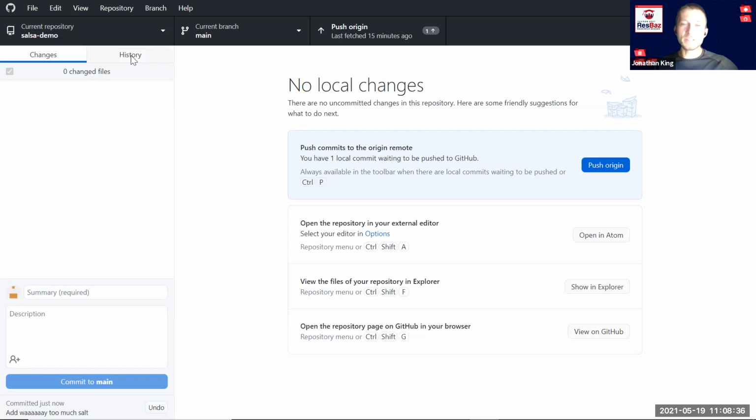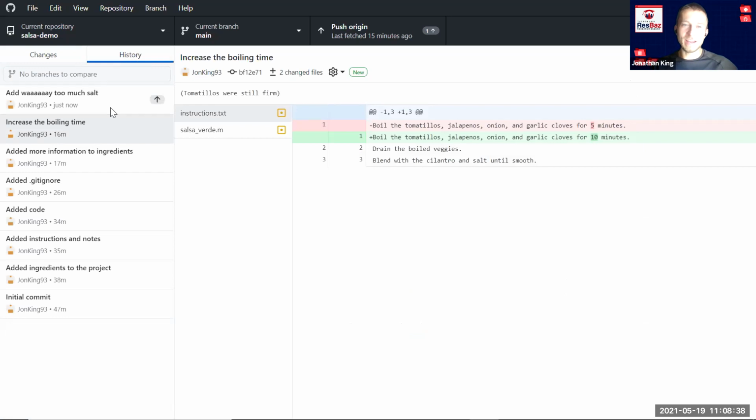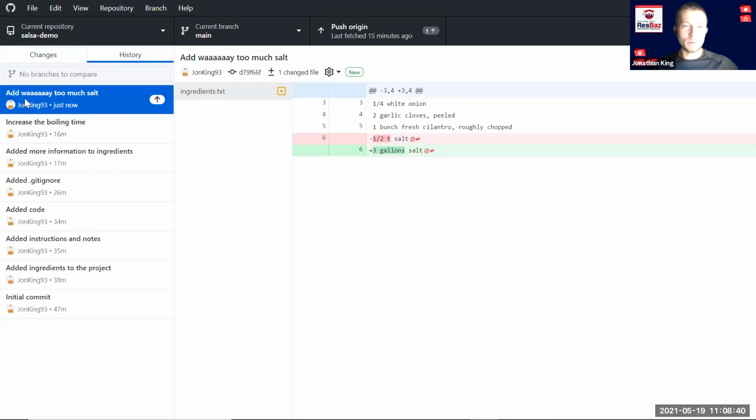Well, we can go into the history tab and we can see that most recent commit where we added way too much. And if you right click on that commit, you'll have some options here. The very first one is going to be this revert changes in commit. So if we click that,